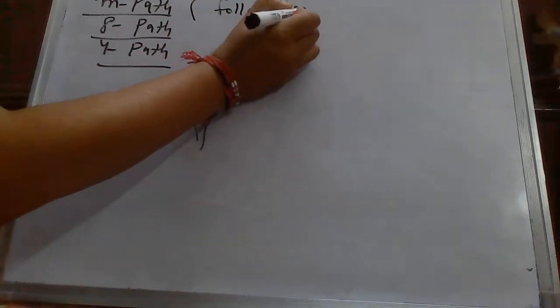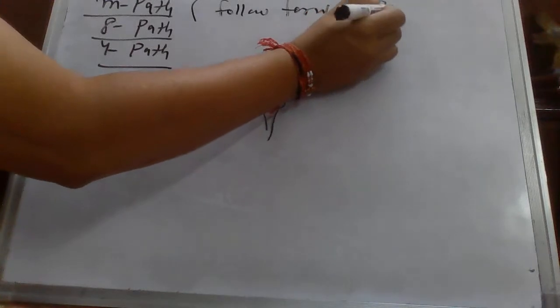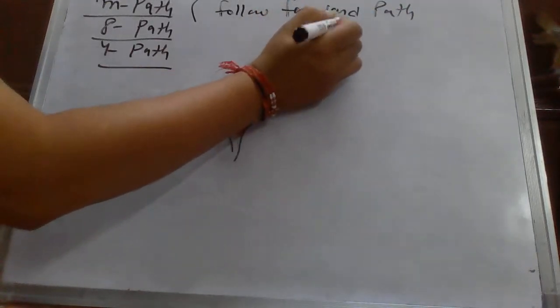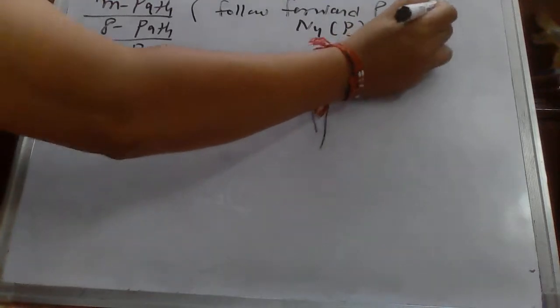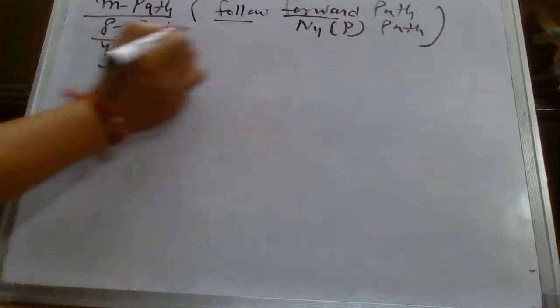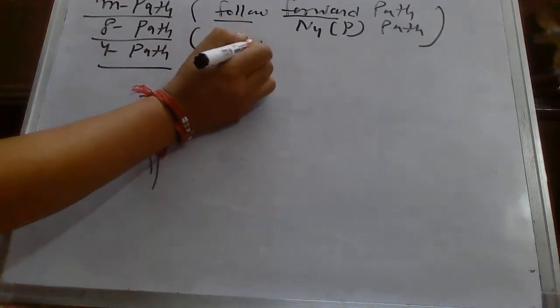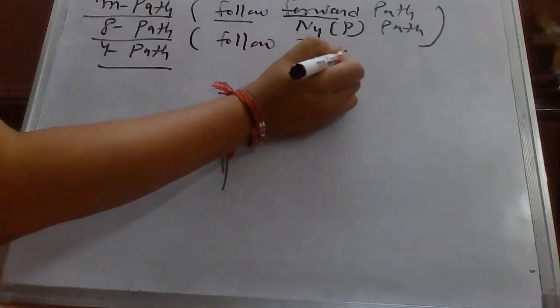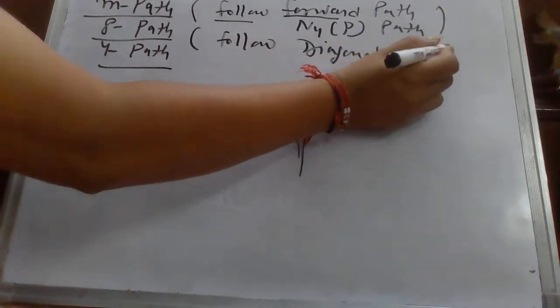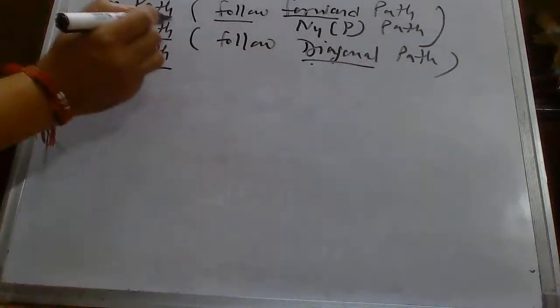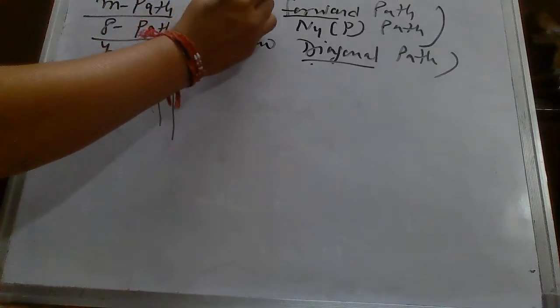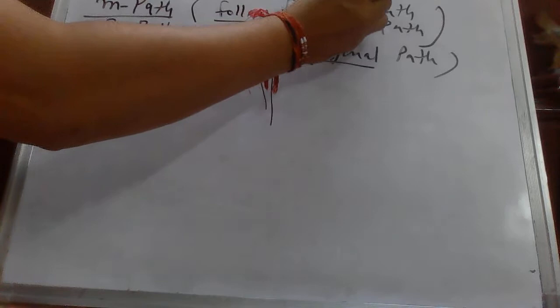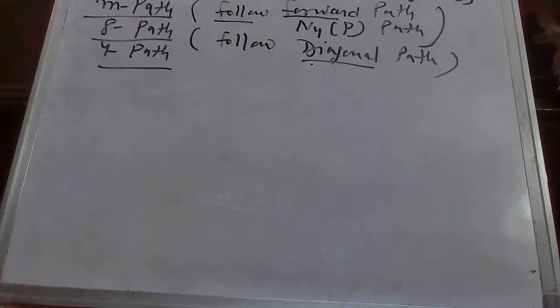We always follow the forward path, or what I can say, the 4 neighbor path, the 4 path, rather than taking the diagonal path. Very important point. While in case of 8 path, we follow which path? Diagonal path rather than 4 neighbor path or straight path. So this is the preferential case when you have ambiguities. Ambiguities means when you have choices, more than one path available, which path we need to take. Clear? This point is clear.